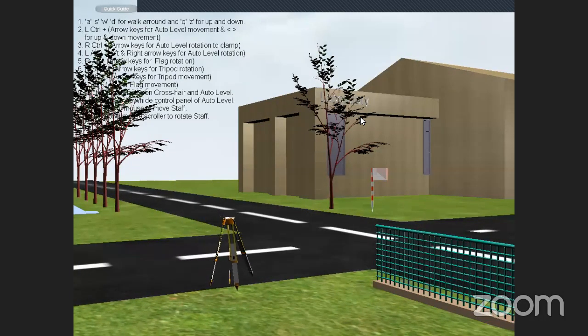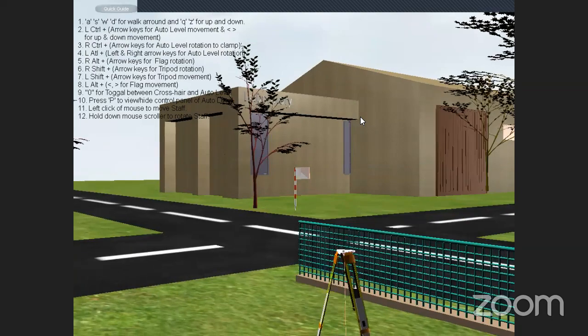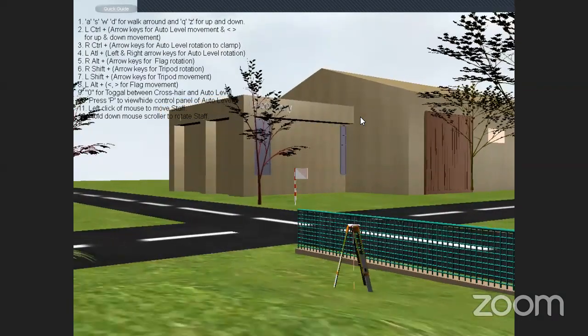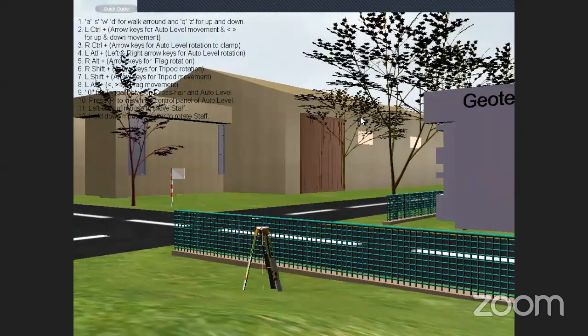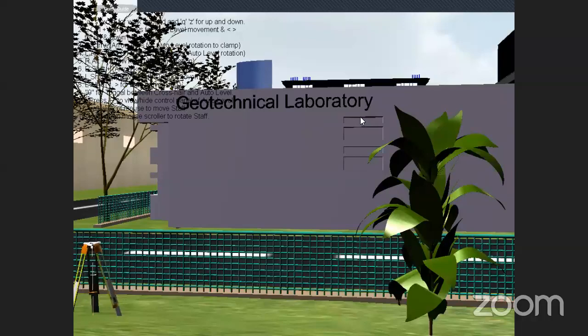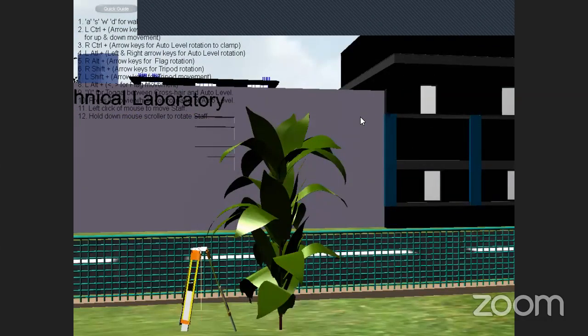And the plumb bob is also given, if you observe, to measure the distance from the center of the instrument to the staff position while doing differential leveling. To calculate the gradient, we need the distance also. Distance we are going to measure in the actual site, so those operations are not given over here. It is only to take the staff readings, and you move the instrument, whatever operations you do for focusing, etc.